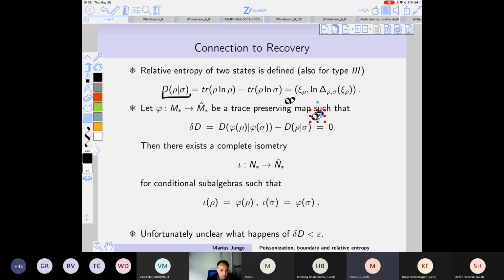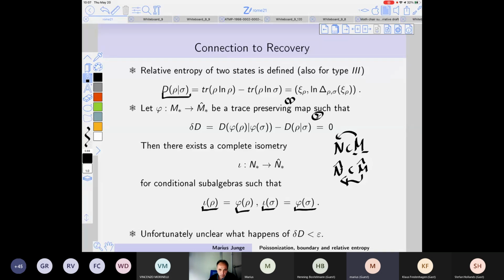And what we say is this is the case if and only if, right? So I have a map from M star to M hat star, this happens only if I have a subalgebra and a map from N lower star to N hat lower star. And what happens here is that N is contained in M, and N hat is contained in M hat, and both of them are conditioned, right? So if they're conditioned, then the pre-duals are comparable. I mean, the pre-dual embeds isometrically in the pre-dual of the other. So relative entropy difference is 0 if and only if we are in the Kirchberg situation, right? So if and only if the maps are actually given by complete isometries, right?